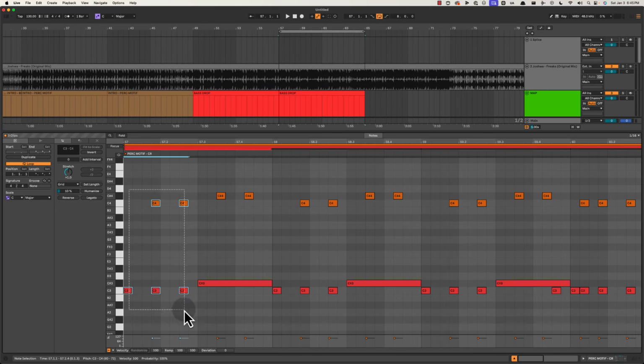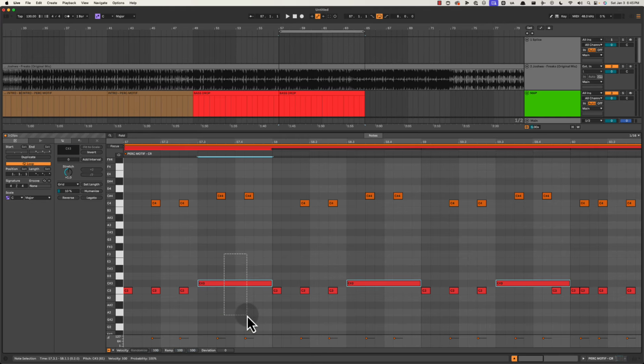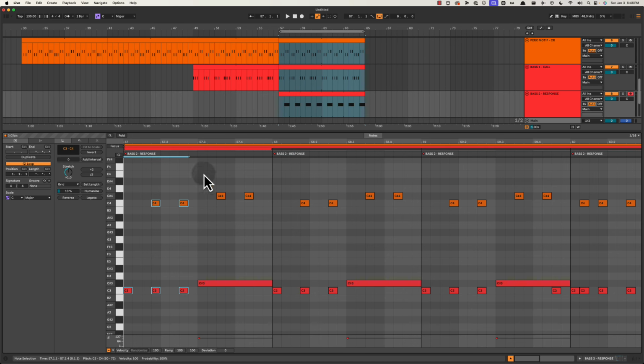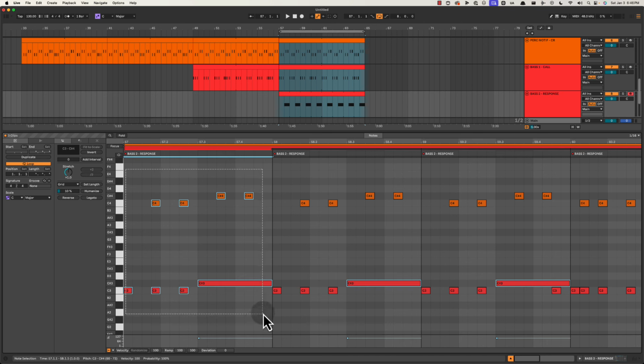So here we have bass 1 and percussion 1. They're aligned rhythmically. And then here we have the second hit of the percussion motif jumping up, playing a slightly different rhythm. But here's the bass also playing something slightly different. And so you can see this call-response structure. But these guys all add up together to be the motif. And it continues throughout the whole thing, and it makes it so simple and so catchy. But it's really interesting at the same time, not overly repetitive, because you have these different parts that are contributing to this overall melody, overall motif.